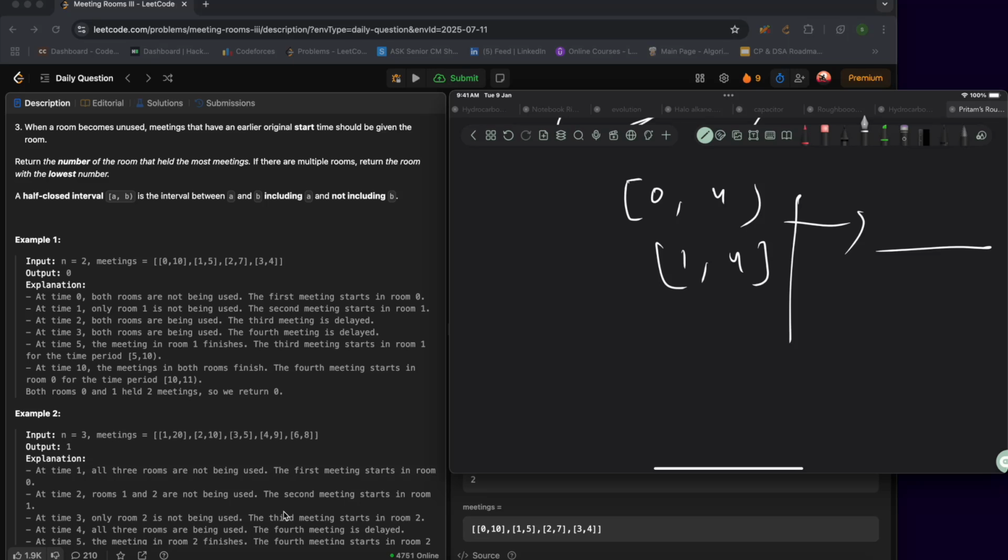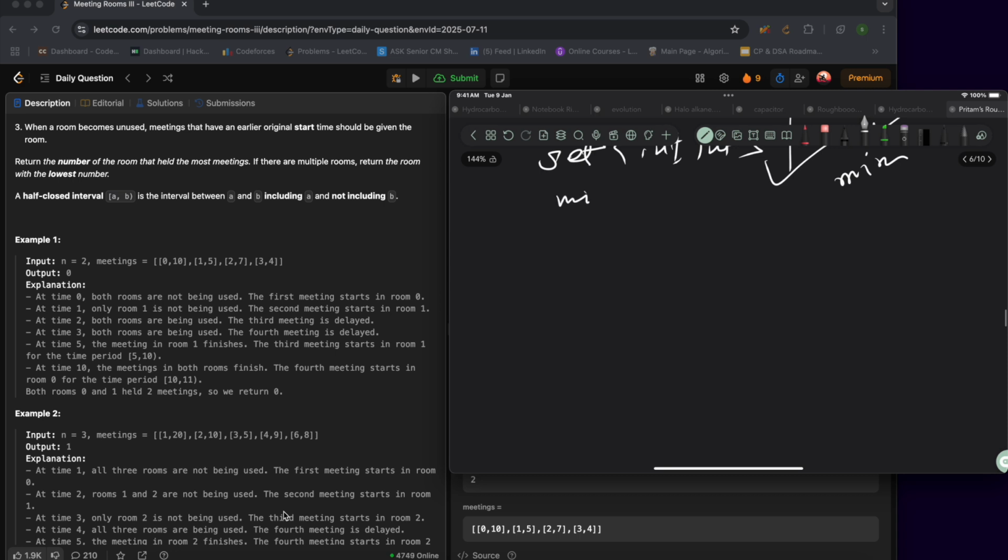For this we will be using a set. If you know, a set always sorts anything in increasing manner. So if we find the minimum indices of rooms free at the same time,